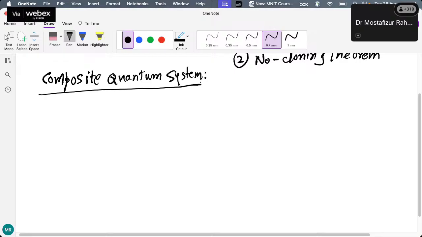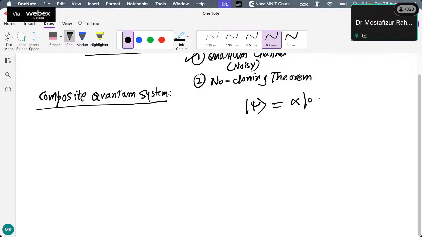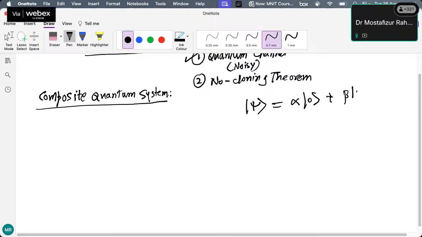So far, what we have learned is basically individual quantum systems like ket psi, which we could represent by alpha ket 0 plus beta ket 1, especially how to calculate the probabilities alpha and beta with the help of measurement operators, mathematical projections, the outer product or the projector operators, and all those things we have seen. Also, we have seen the ensemble description, like if the generation of these states can be noisy, we can have the probabilistic description p_i for a certain state ket psi_i, right?